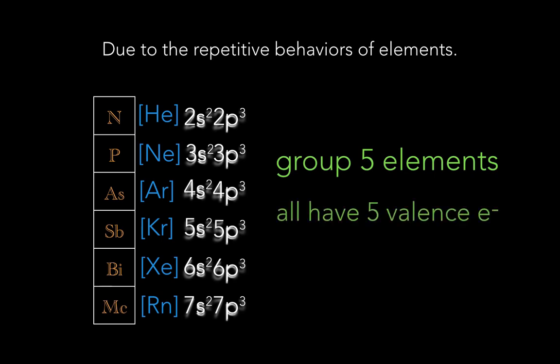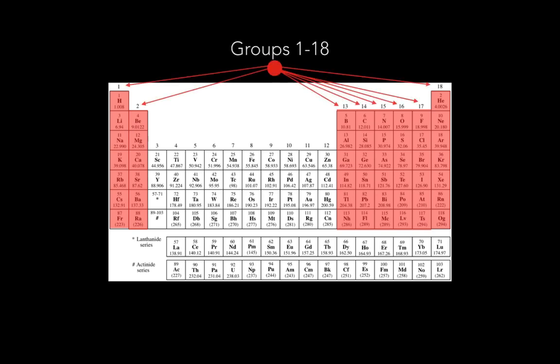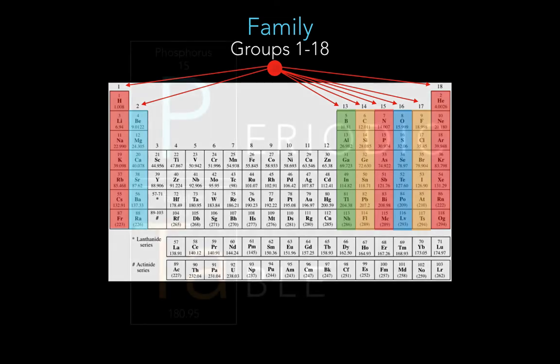Okay, so group 5 elements have 5 valence electrons. And this is true for all of my main group elements. Groups 1 through 18, and actually skipping groups 3 through 12. So it's 1, 2, and then 13 through 18. And again, this is what we attribute the repetitive behavior or the periodic behavior on the periodic table. This is what John Newlands noticed. Okay, so each group has its own set of behaviors, family groups.